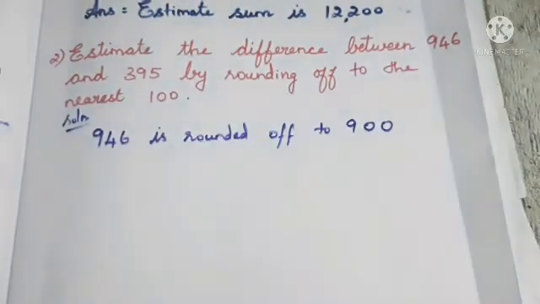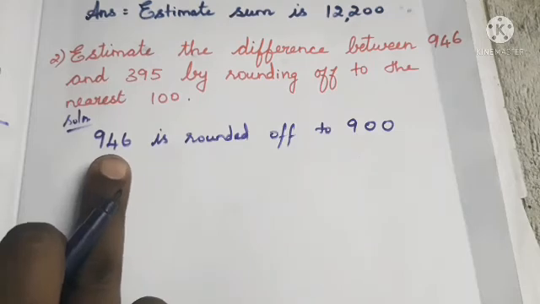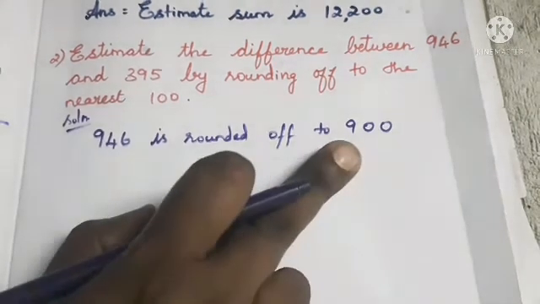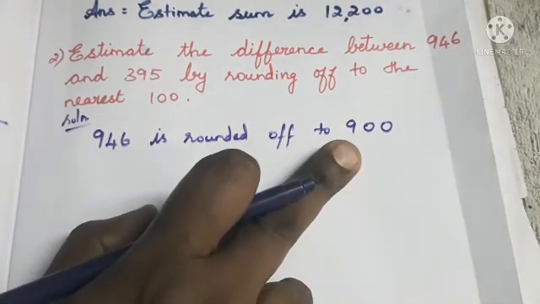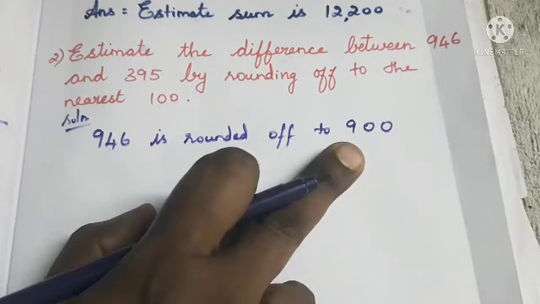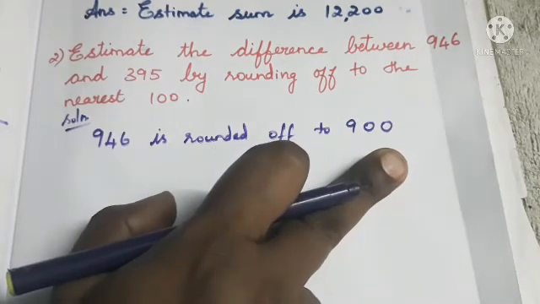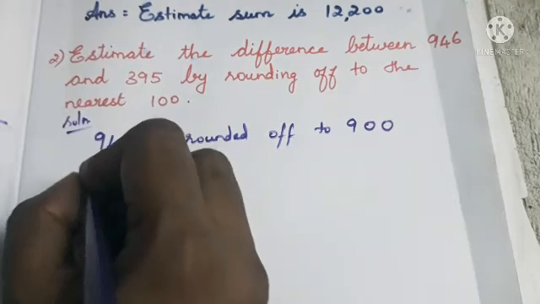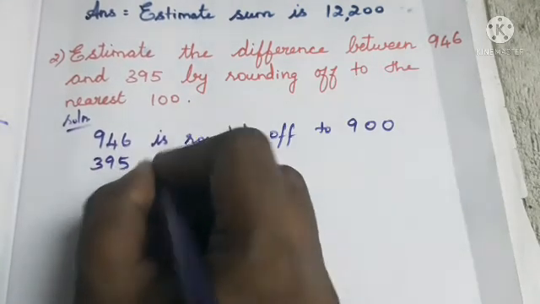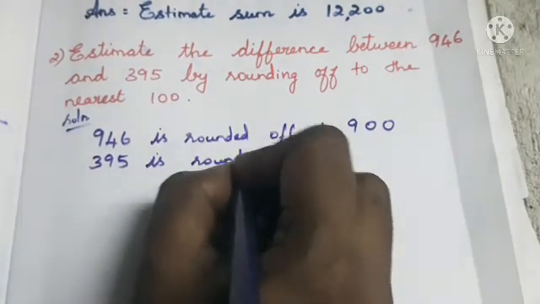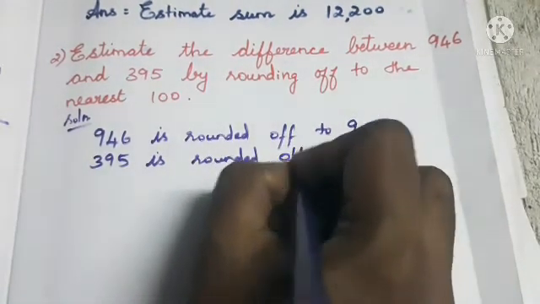Okay, have you understood this? Because in the 10's place we have 4, that's why we didn't change the 100 place. We keep the 100 place as it is, the digit 9, and make the 10's and 1's 0. Then the second value is what, ma? 395. Okay, 395 is rounded off to